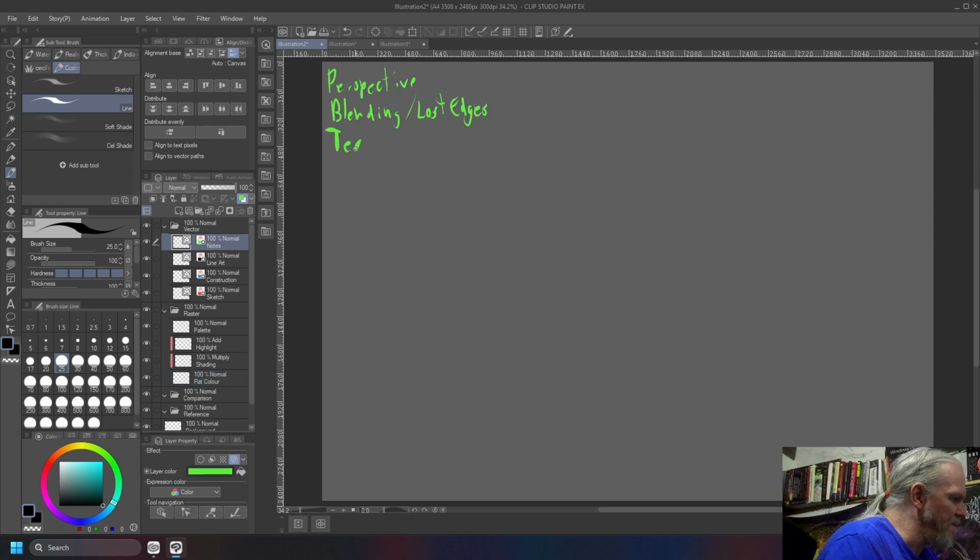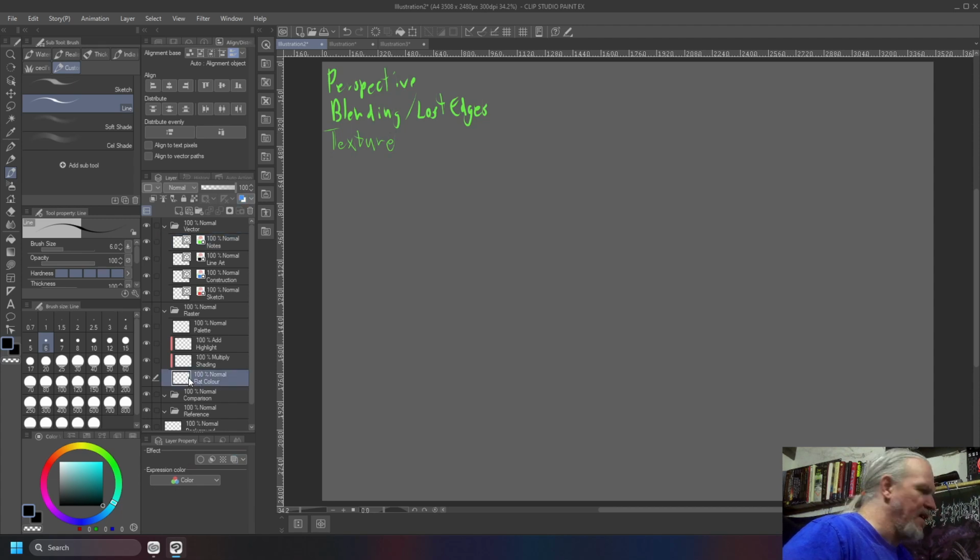And on top of the perspective and the blending and the lost edges, there is texture. Texture, and I'm really, really bad at this, is just that whole concept of